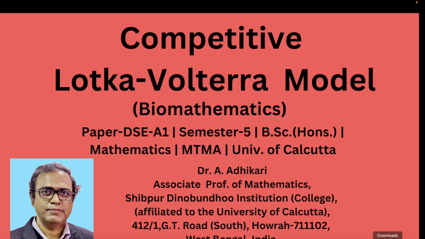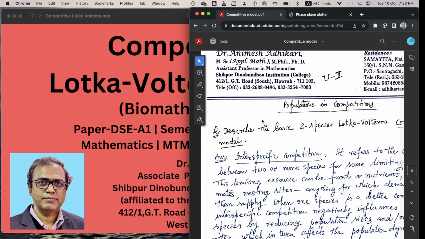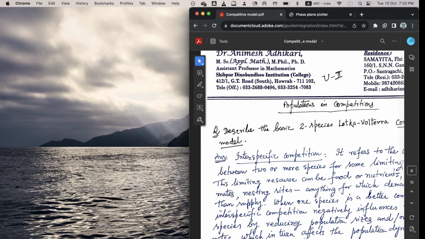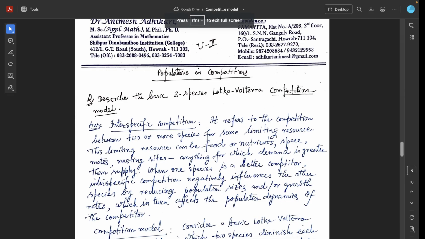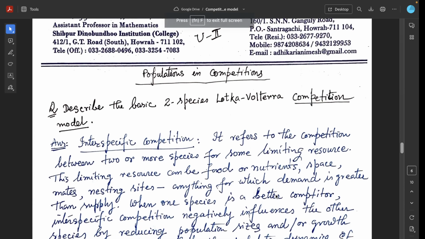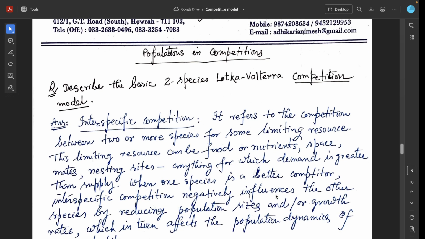Now we discuss the competitive Lotka-Volterra model in my mathematics paper, semester 5, B.Sc. Honors Mathematics, University of Calcutta. The population in the competitive model, the Lotka-Volterra competitive model,